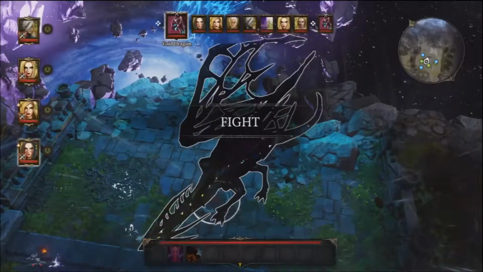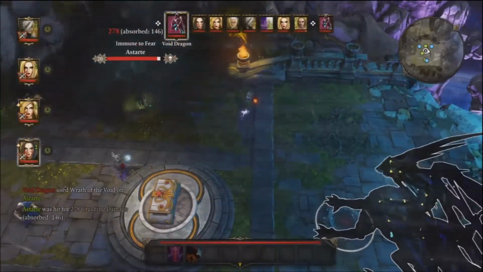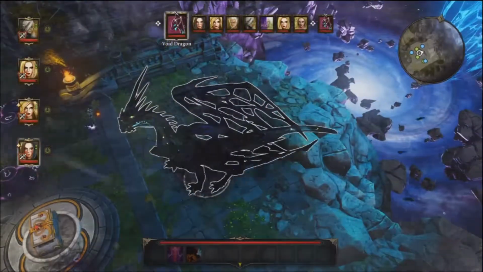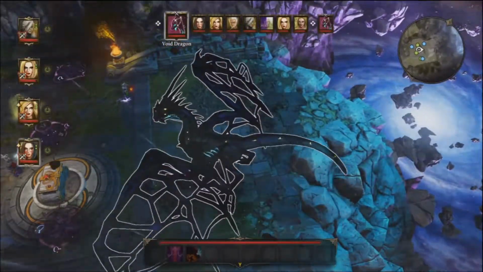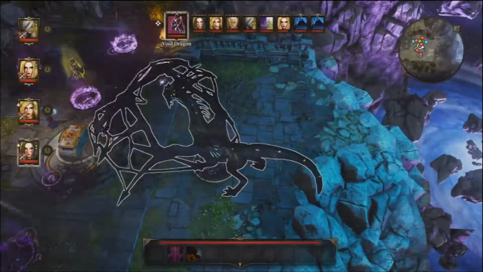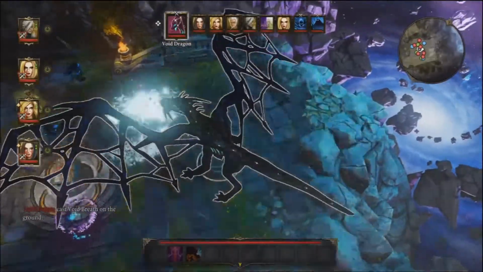Okay, let's do this. Alright, so... Communifier. Alright, so this one, I guess the advantage here is that you've got Astarte, Zandalore, and the Soulforged Sisters with you. The only bad thing about that is the Soulforged Sisters will